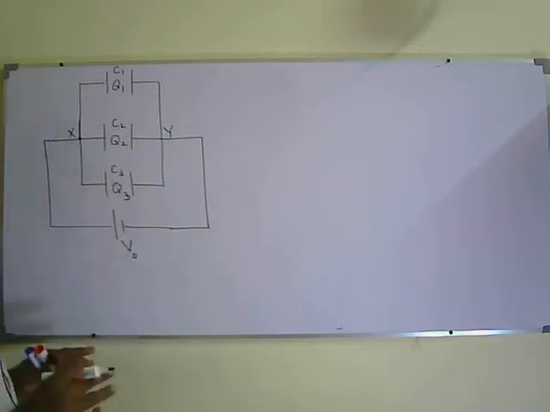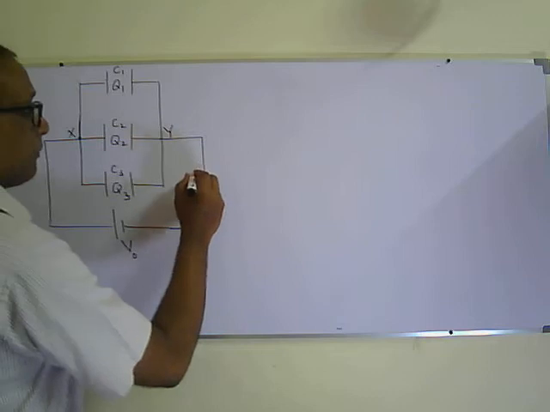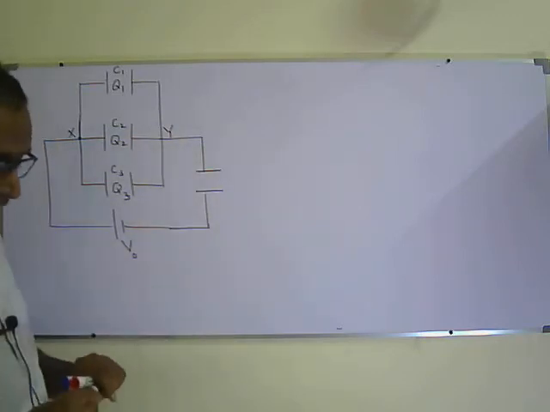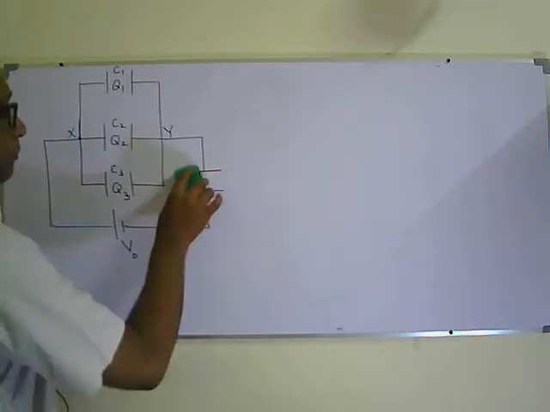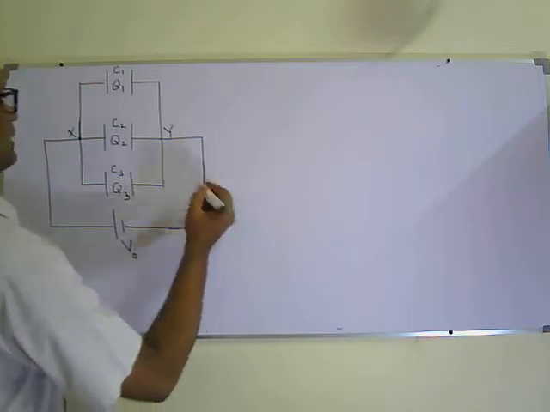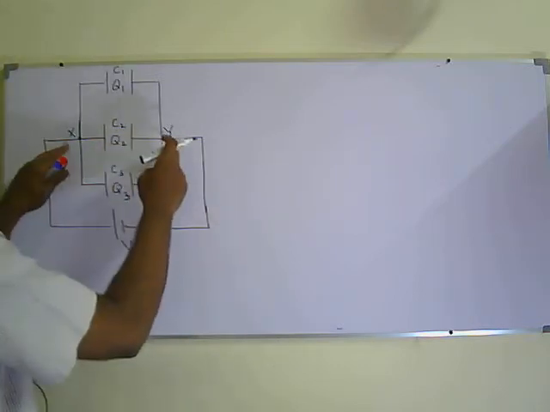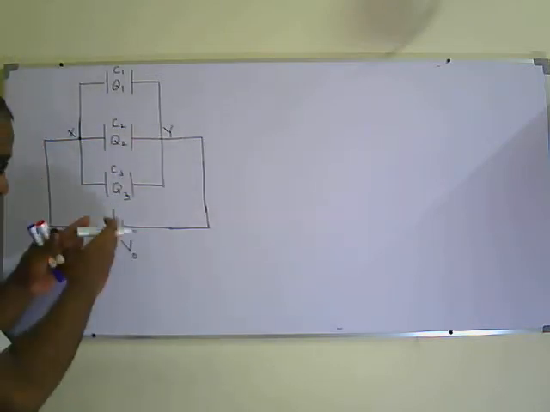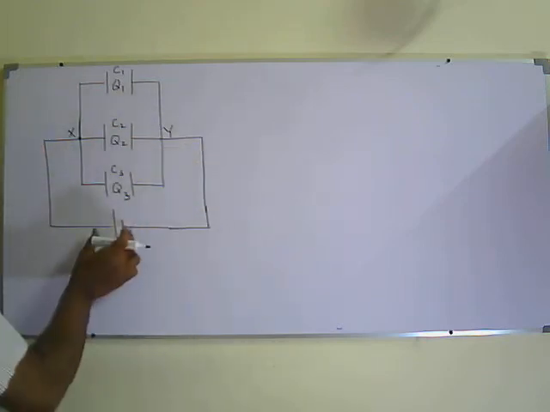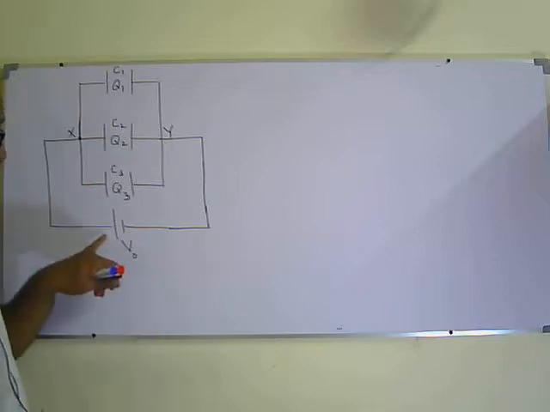In this diagram it is true, but in case they put another capacitor here, that is not true. So remember that when capacitors are connected in parallel, the voltage across the capacitors will be equal to the voltage across the junction. But in this particular diagram, the voltage across the junction is equal to the voltage across the terminals of the DC power